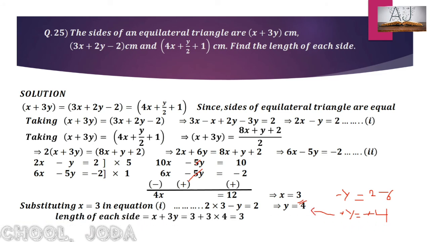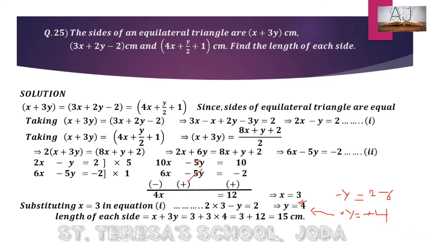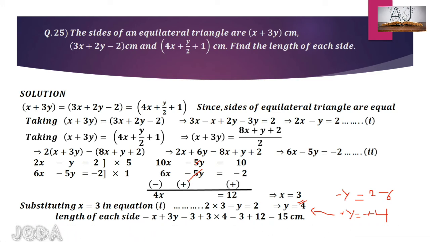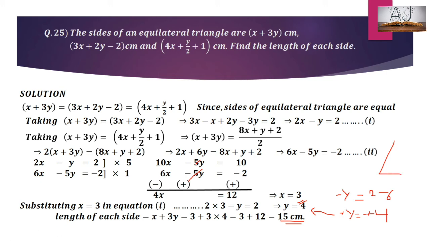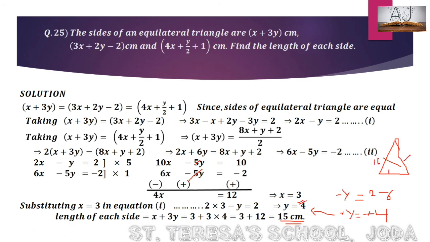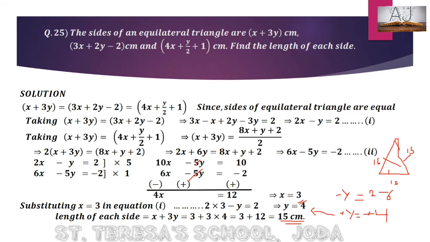Now, we have to find the length of the side. All the sides are equal. You can take any one and find it out. I have taken the first one. So, we had x plus 3y. In place of x, 3 and in place of y, 4. So, 3 plus 3 into 4, 3 plus 12, that is 15 cm. So, length of all the three sides are same because it's an equilateral triangle. So, length of each side is 15 centimeter. I hope you have understood. Now, note this down. Remember, you can practice other sums also. These are similar to any one of these. The more you practice in mathematics, the more you'll be able to do.